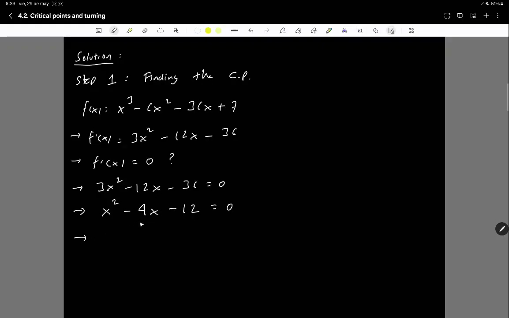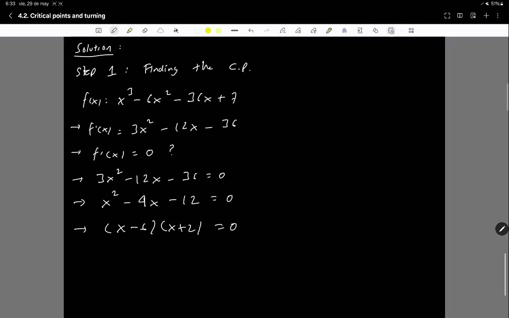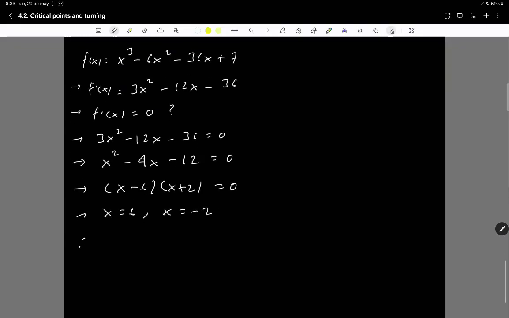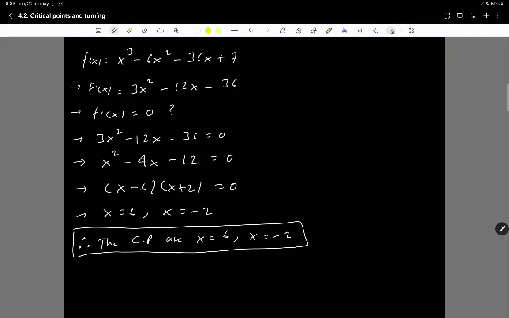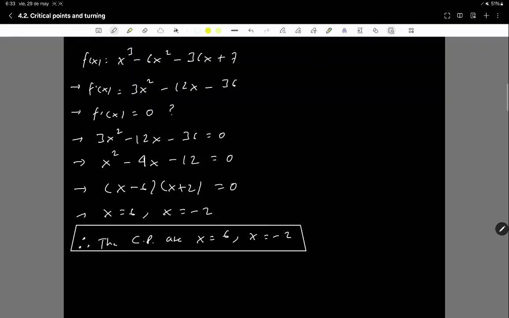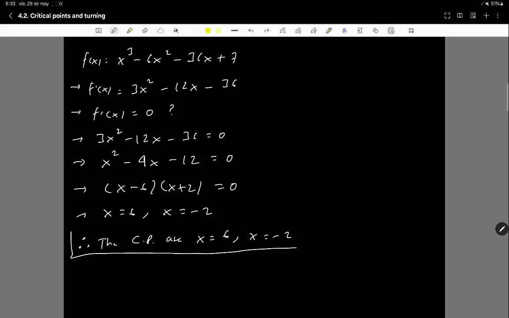Then we have a quadratic equation. We can solve it with factorization, right? It's gonna be this, right? And so the solutions are gonna be x equals 6 and x equals minus 2. So basically, partial conclusion, the critical points are x equals 6 and x equals minus 2. This is the conclusion of step 1. These are the critical points